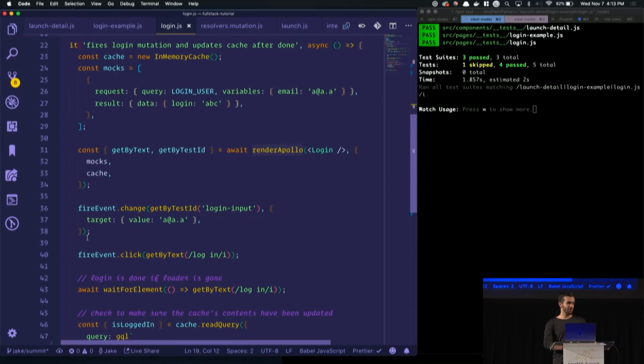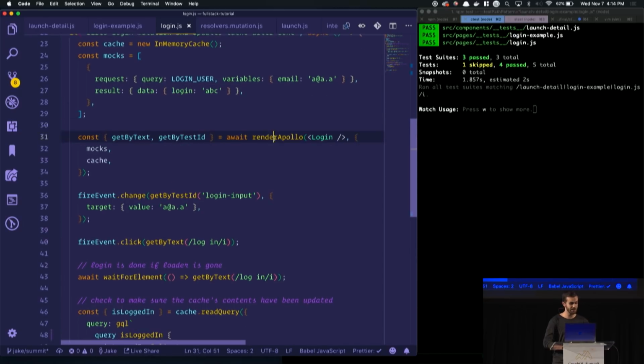So what happens if I want to click it? Well, a couple of things. Whenever I click it, it's going to fire off a mutation. I showed you the mocks array a second ago that you can pass to the mock provider, and this is actually really powerful. What the mocks do is they act as a matcher. So anytime that this request here gets made, in other words, anytime this login user mutation gets fired with these variables, a at a.a, great email, then it's just going to return this email. The mocked Apollo client instance is going to return it, and your component is going to see this response. The data with login ABC, this is a login token. It's a horrible login token, but nonetheless.